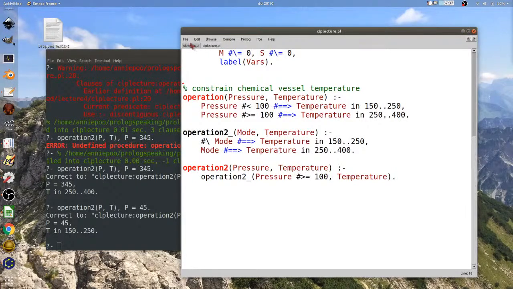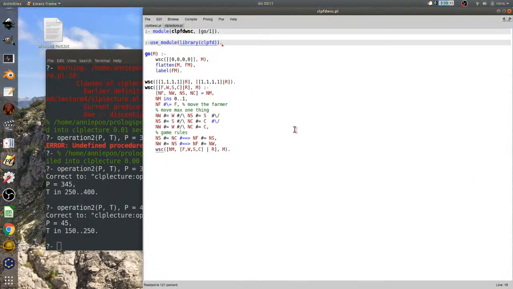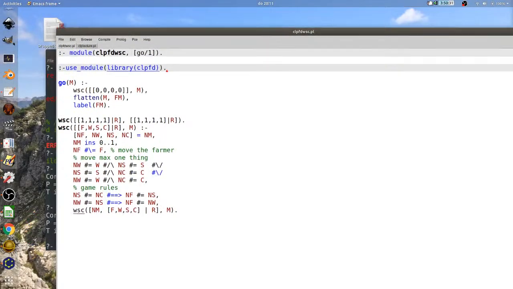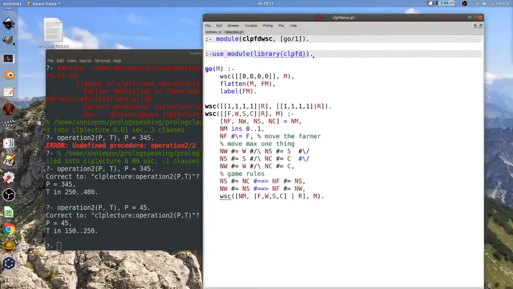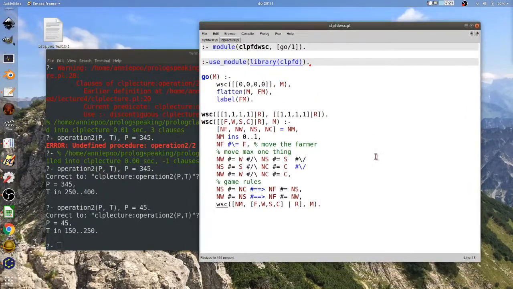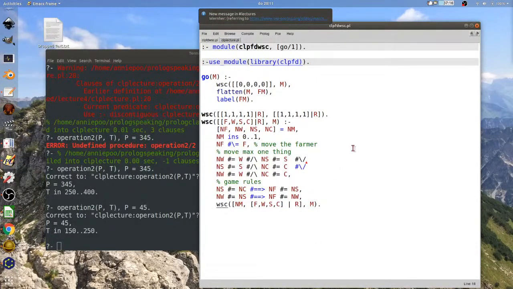I think we can do this. All right. You all have seen the wolf, goat, and cabbage. I used S for sheep here.